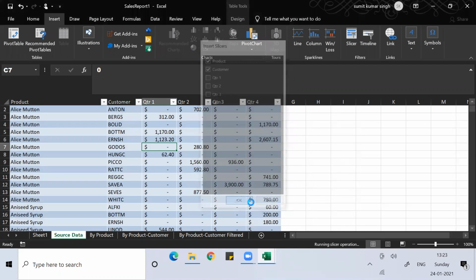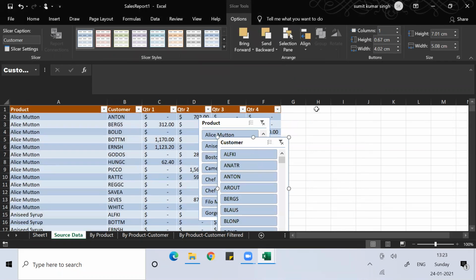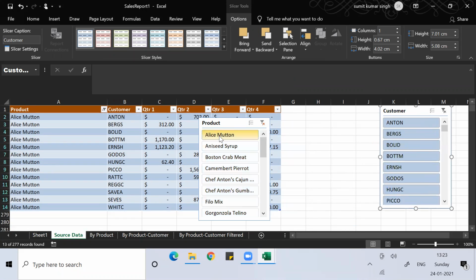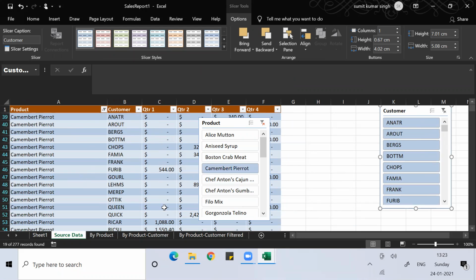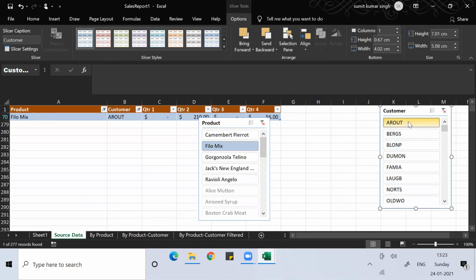So you can see these two slicers, product and customer. If I click on Alice button, you can see all Alice button data; aniseed syrup, all aniseed syrup data; Camembert Pierrot, all Camembert Pierrot data; Filo Mix, all Filo Mix data. You understand? Customer wise, Filo Mix wise, data came.